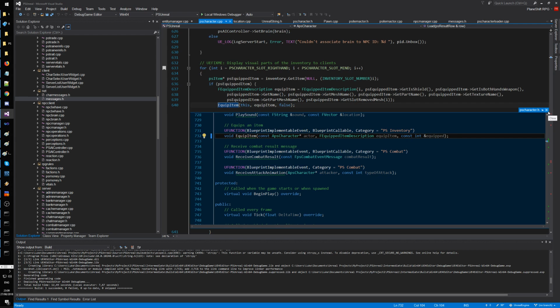Now, so I have two pieces. I have this piece in C++, and then I have the piece in the blueprint where I do the actual creation of the item and I attach it to the socket. Now I will have to do the same with